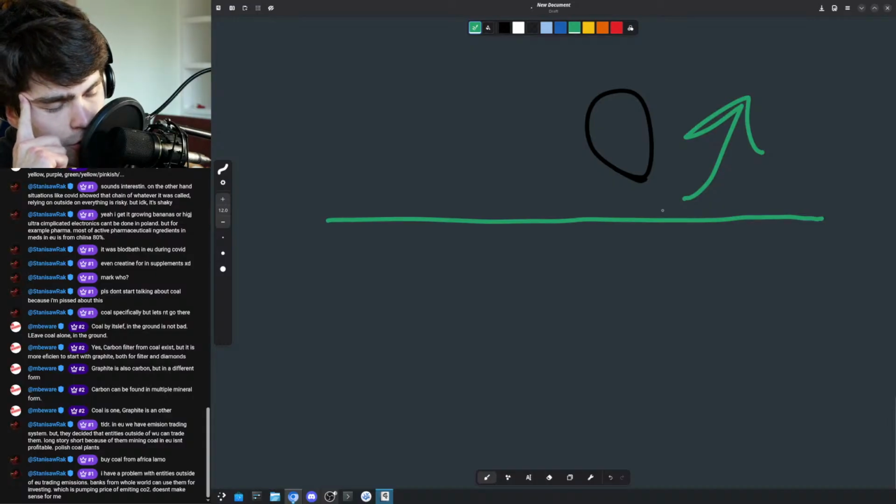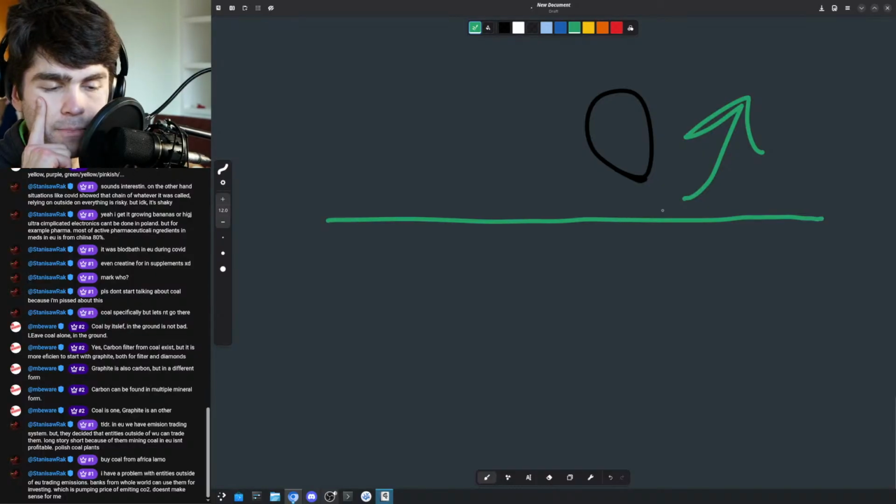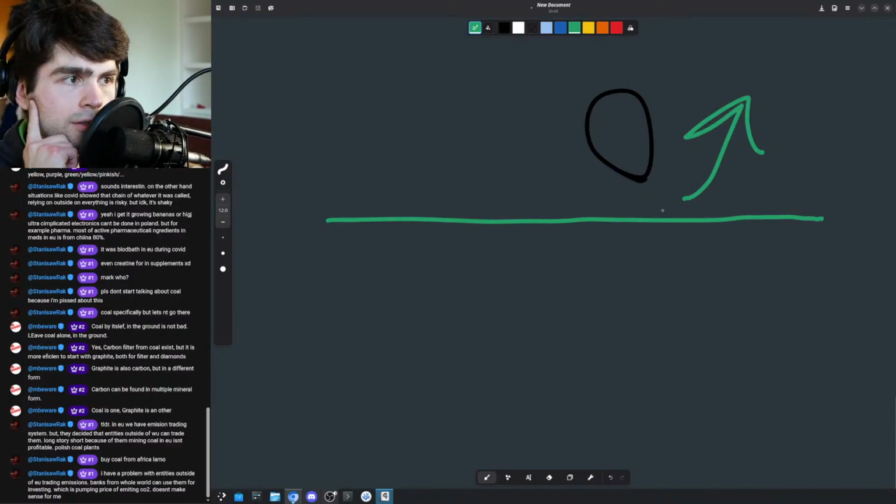My understanding is we have a carbon trading system in Quebec. We have the same as California. So California and Quebec are linked for that. And it seems to be working a lot. It seems to not be an issue. But